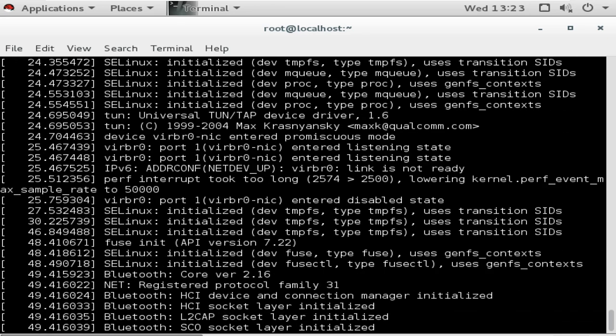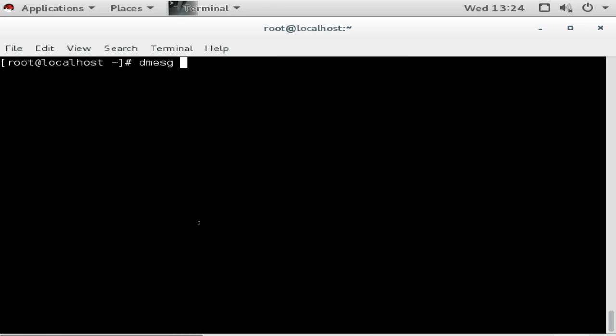You can use this command with grep to filter the output, like if you want to see errors. There is no error.